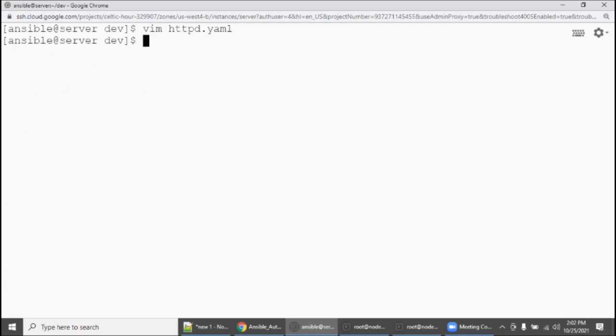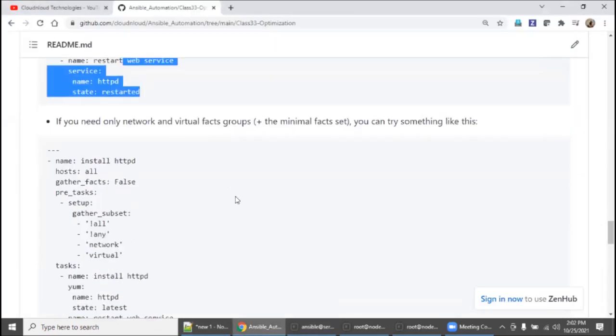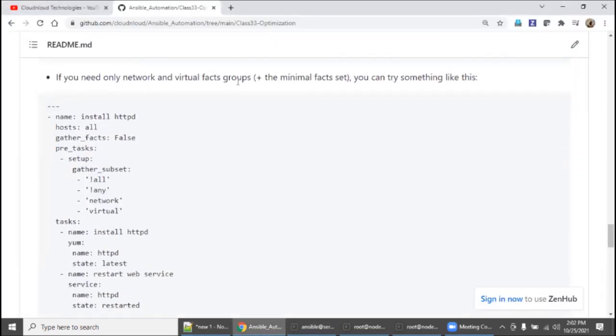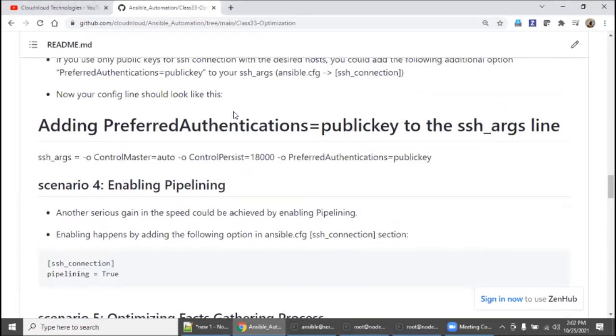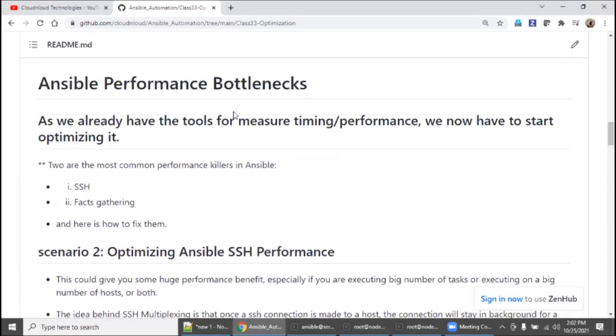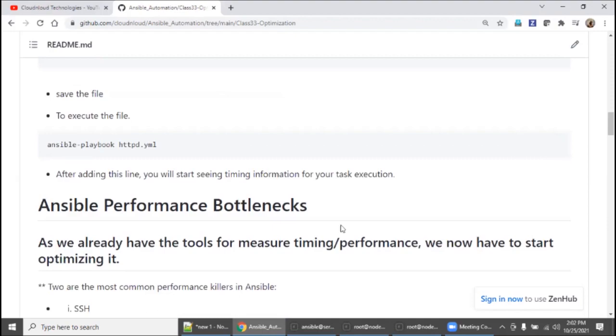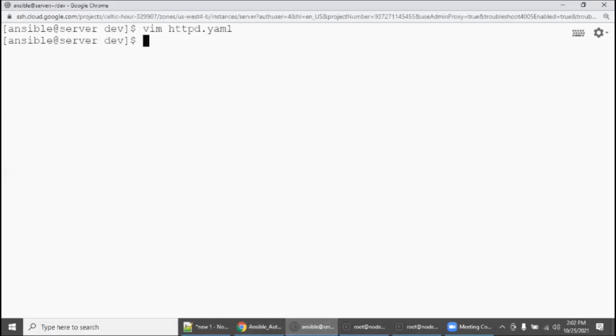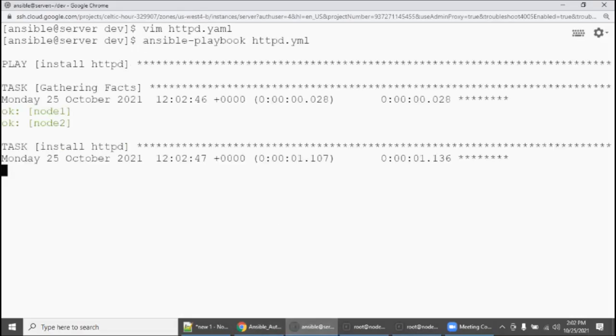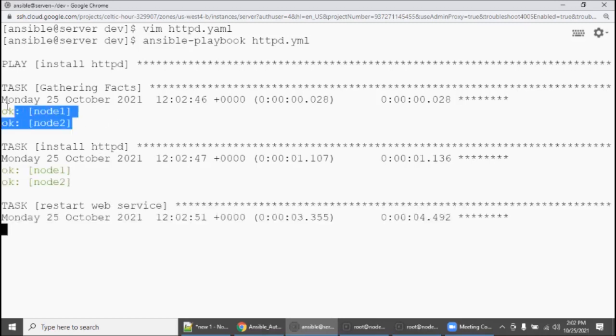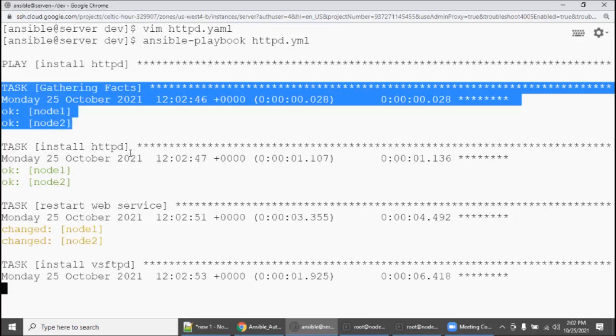So what is the way to check it? If you need only network facts, you can execute ansible-playbook httpd.yaml. See here, the gathering facts step is almost green.